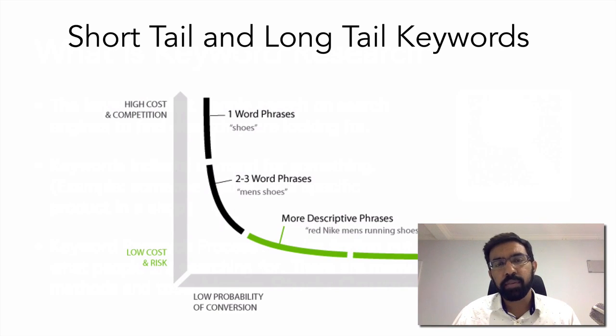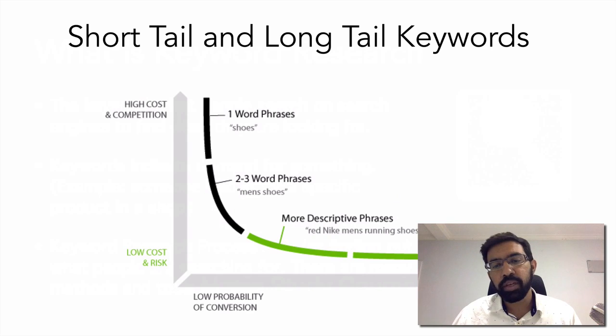Long tail keywords can be a lot of different keywords, and the competition will be less for long tail keywords. For short tail keywords, let's say drawing notes, the search volume will be high, but the conversions will be low, and also the competition will be high. In this example, the word shoes is a one word phrase and it's a short tail keyword. Here the competition will be very high, because a lot of people will be trying to advertise for the word shoes. If you are going for something like men's shoes, it's a mid-tail keyword, and if you are looking for something like red Nike men's running shoes, then it's a long-tail keyword.